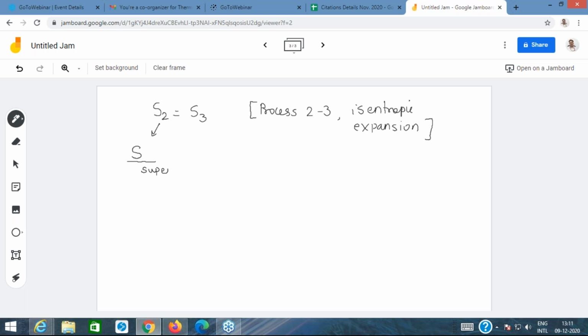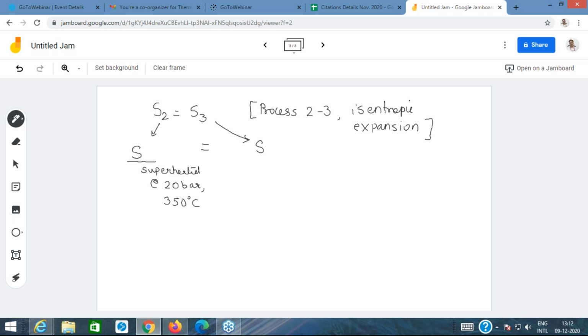What is the pressure of the steam at 2? It is 20 bar, Pranav. Correct. It is 20 bar. And what is the temperature of the steam at 2? Kamlesh? Yeah, correct. It is 350 degrees centigrade. Okay, so this is S2. Now tell me